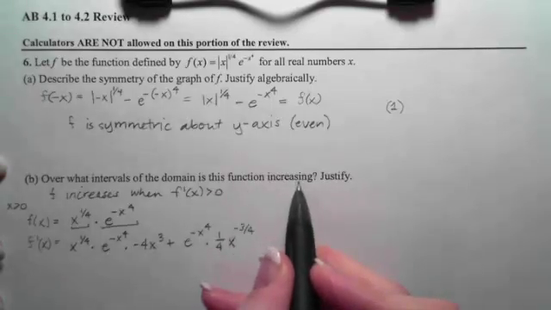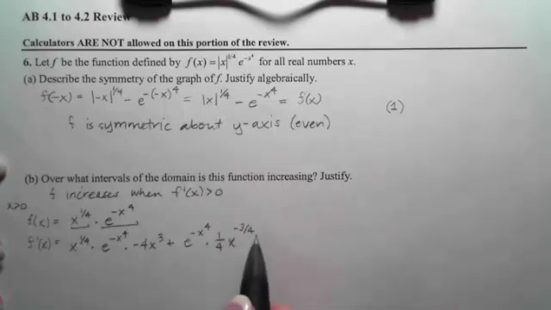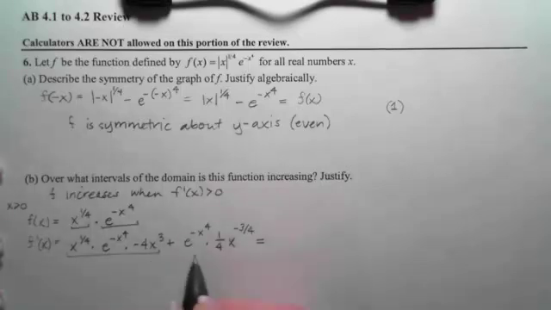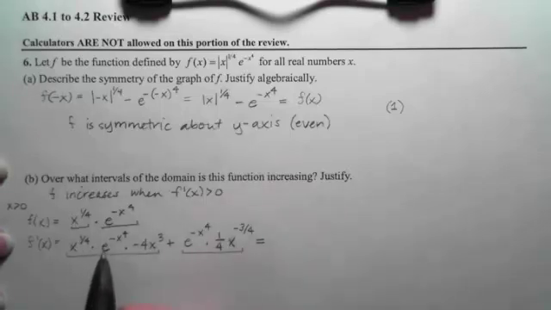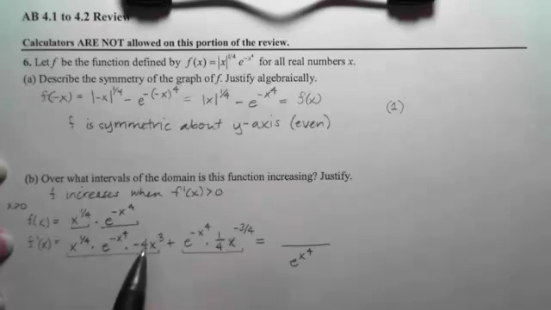So now our goal is to find out when it's increasing. So we will change between increasing and decreasing when this ends up being 0 or undefined. It's easiest to determine whether things are 0 or undefined if you can write them as a single fraction. So we're going to rewrite each term as a single fraction by using our old Algebra 2 techniques. If I look here, I have an e to the negative x to the 4th, so that's going to go on the bottom. I also have an x to the 4th times a negative 4 times an x to the 3rd, so that will be a negative 4 times an x to the 3 1/4,